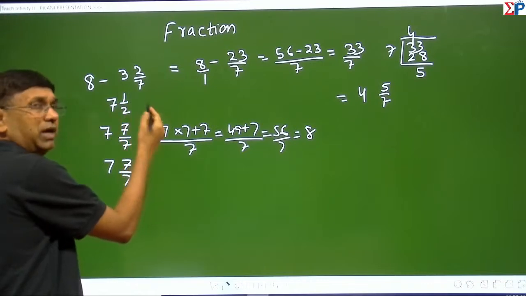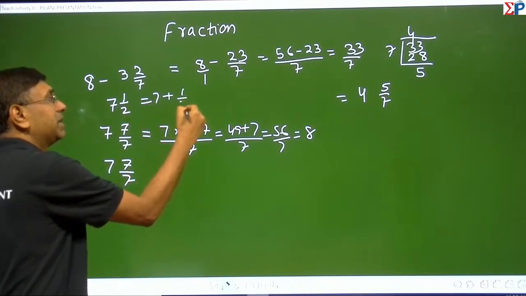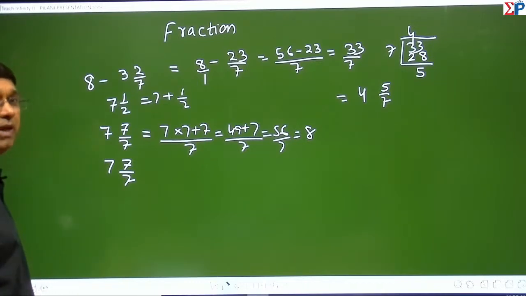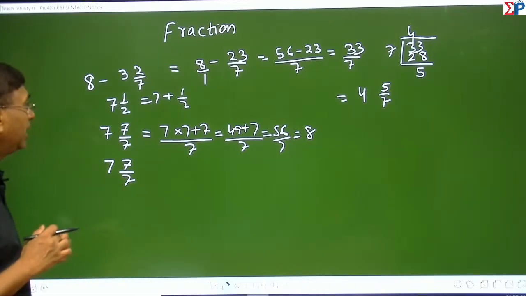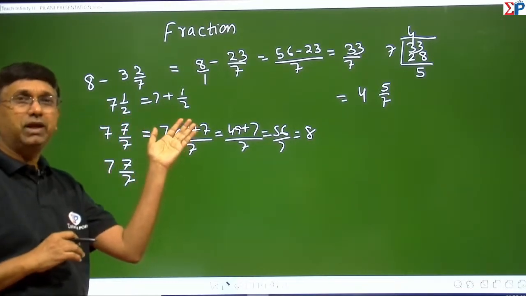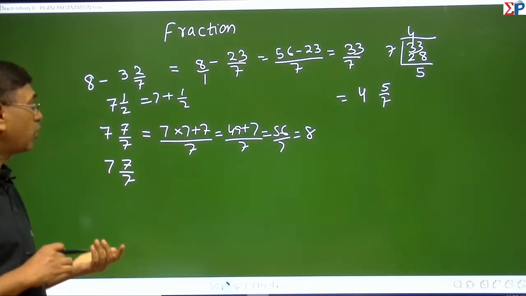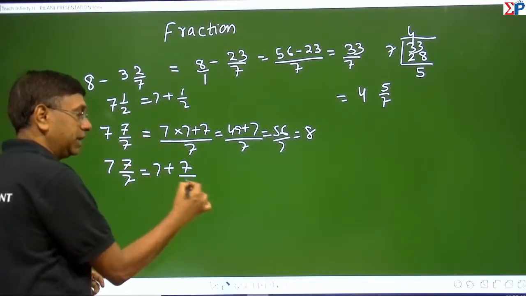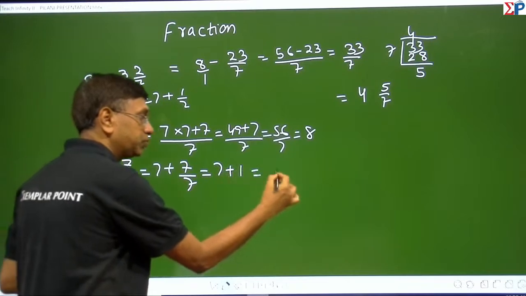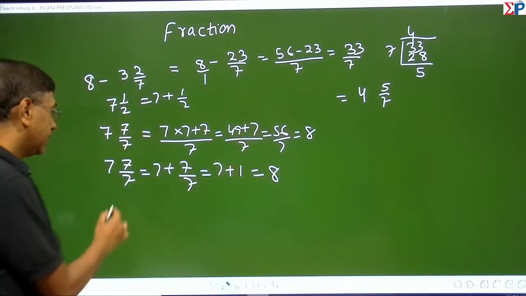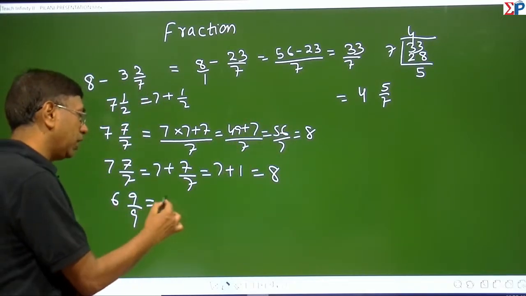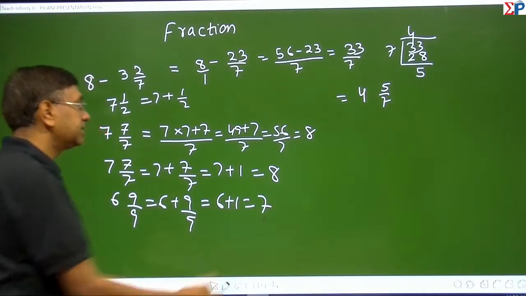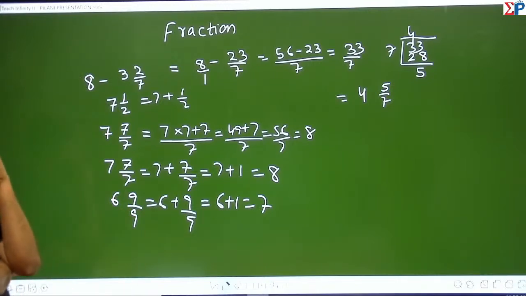7 7/7, अब जैसे 7 1/2 है, तो इसको हम ऐसे भी लिख सकते हैं 7 + ½ ठीक है ना, 7 प्लस हाफ। 7 एंड हाफ को हम ऐसे भी लिख सकते हैं। तो 7 7/7 को आप ऐसे भी लिख सकते हो, सिंपल। 6 9/9 कितना होगा, 6 प्लस 9/9, सो दैट इज अगेन 6 प्लस 1 दैट इज 7, ठीक है।